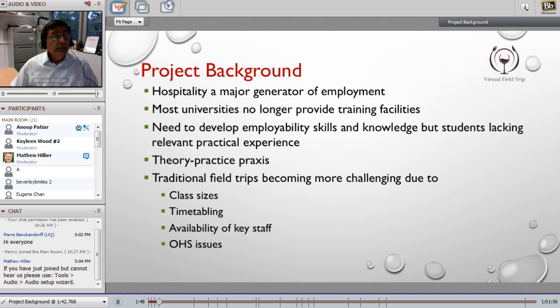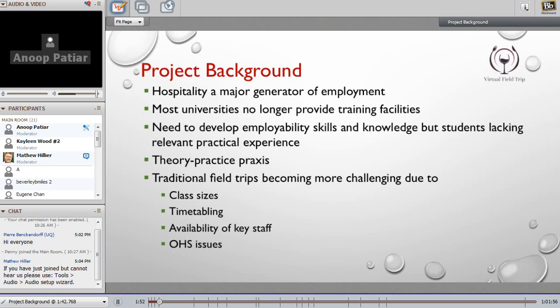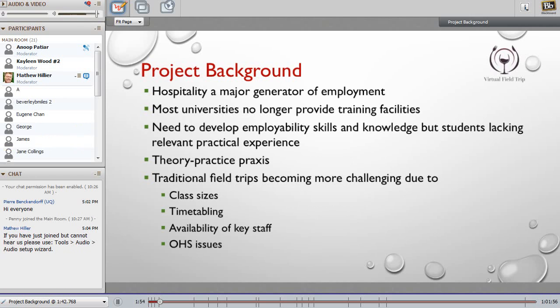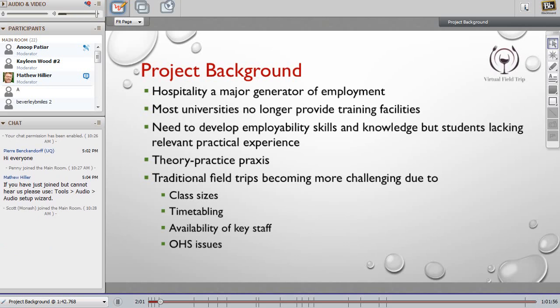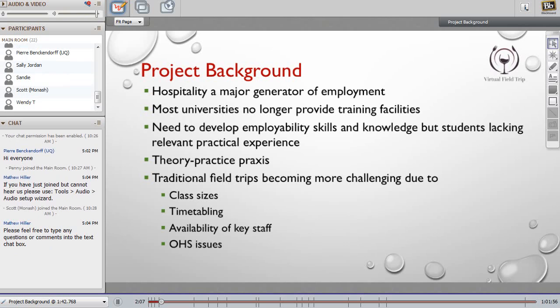So let's look at a bit of the background. The project started way back in 2013. As we know, hospitality is a major generator of employment, and in Australia about 8% of the workforce is engaged in hospitality related activities.